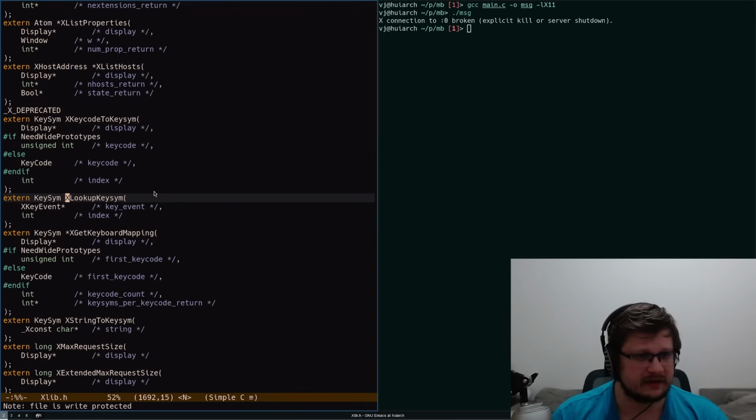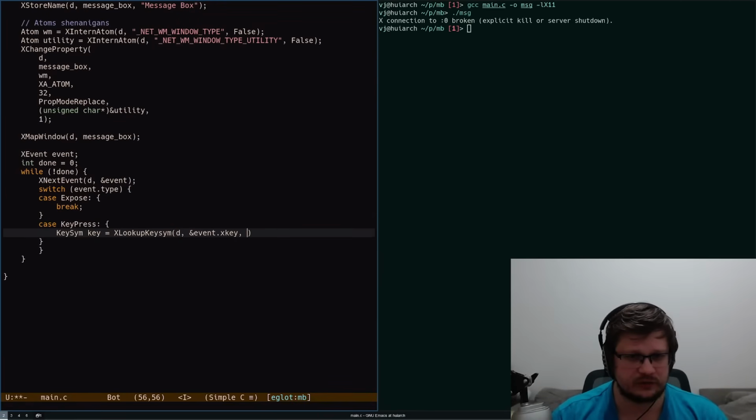And does it take anything else? Index. Index, I believe, should be 0. Yes. So we get an actual key, and then we just check if key is one of XK, so X11 key, right? Return or XK key equals